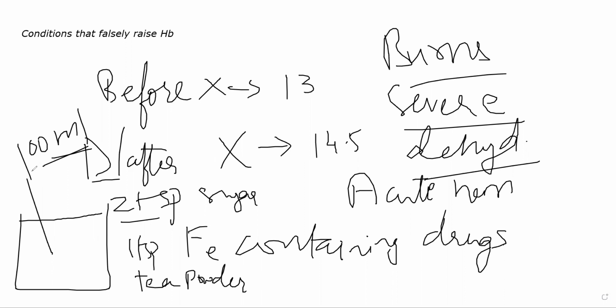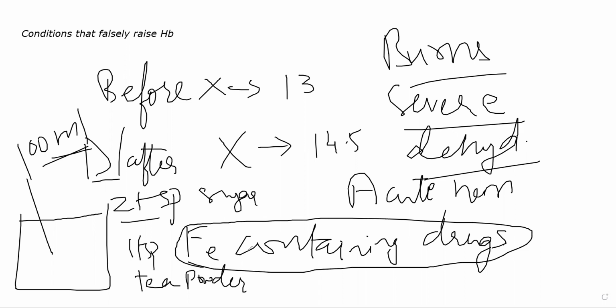Yes, the same thing will happen in your blood. Here your blood hemoglobin levels are not changing. It is just that the amount of plasma is decreasing, because of which it appears as though your hemoglobin levels are increasing. In burns and severe dehydration the plasma level falls, or if the patient has an acute hemorrhage the plasma level falls. The third one is direct increase. If the patient is taking iron containing drugs, your body will actually try to increase the amount of hemoglobin, so sometimes it will appear false. If the patient is on IV infusion of iron containing drugs, it might appear that they have more hemoglobin even if they don't. Those are the conditions.